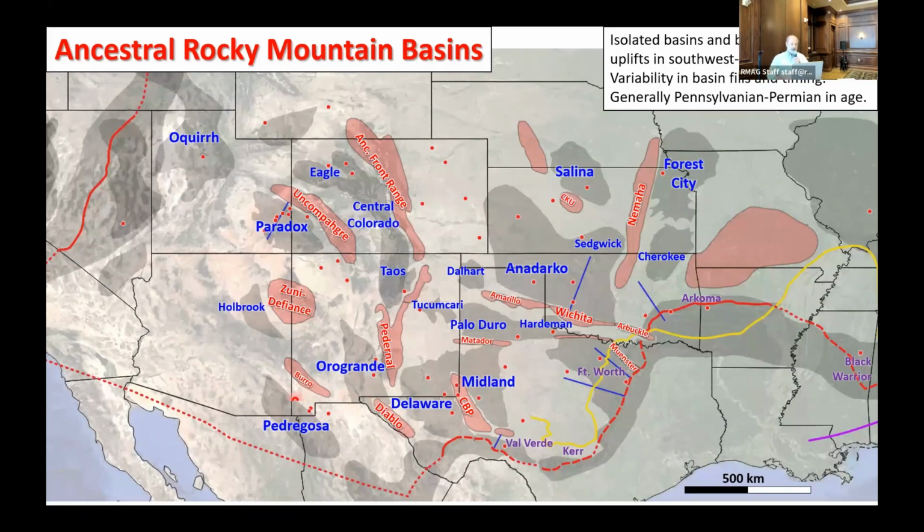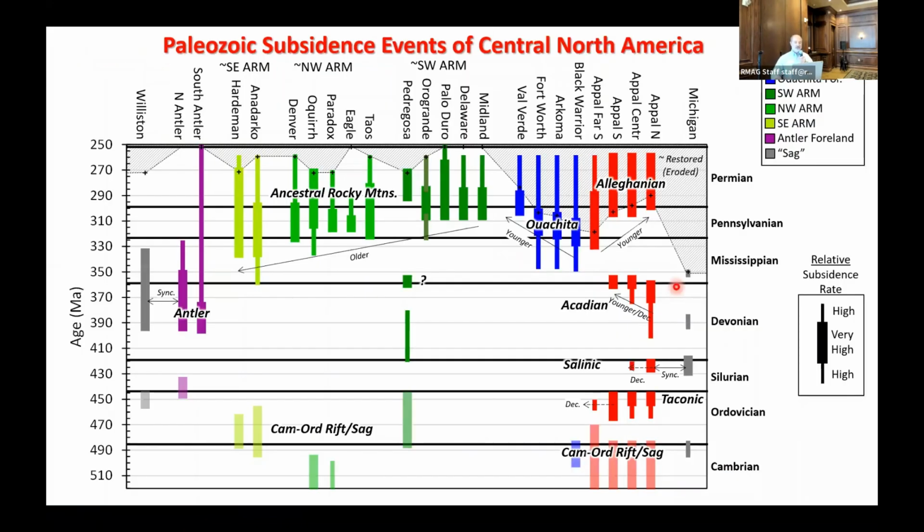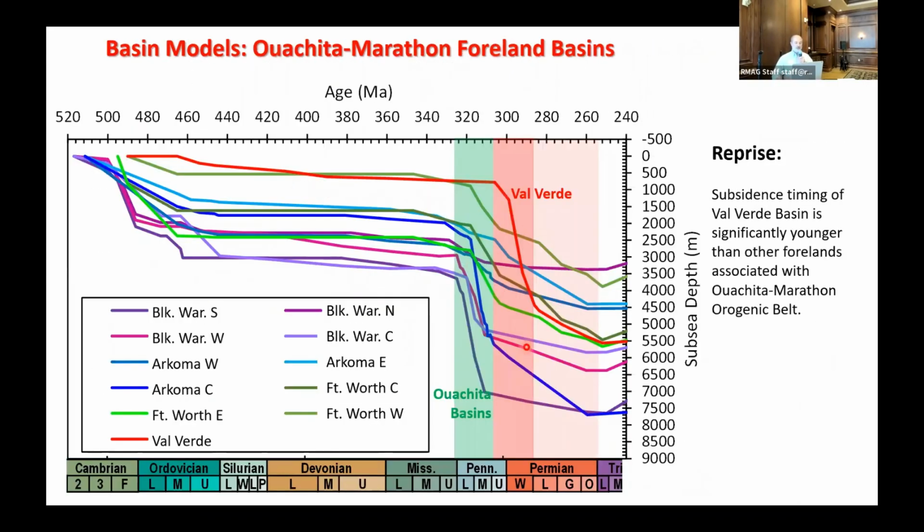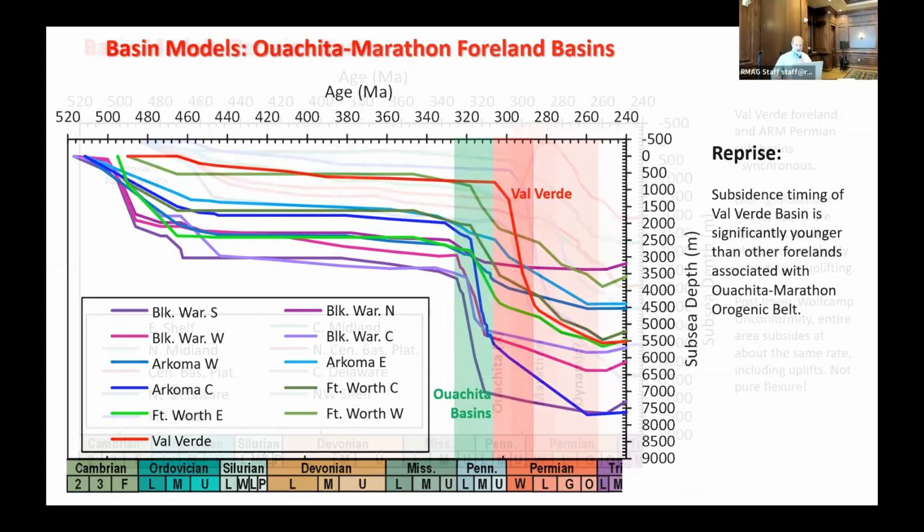Oh yeah, back to this, sorry. So we saw younging here, the decrease in these, and now we're going to look at these basins. And you see that they vary in timing from Mississippian onset to latest Pennsylvanian. Again, we're seeing the same kind of diachroneity. Again, Valverde is much younger than the rest of the Ouachita systems, which are younging towards the Valverde. If we look at the Valverde versus the Permian Basin, and unfortunately I should have made the same color,